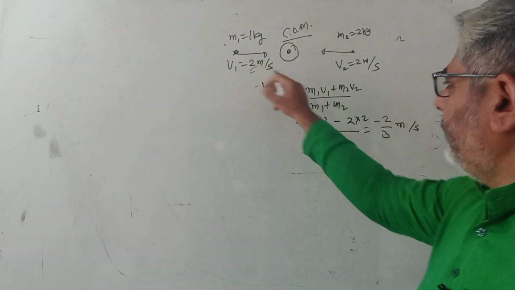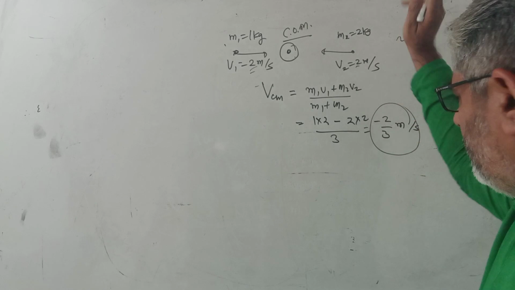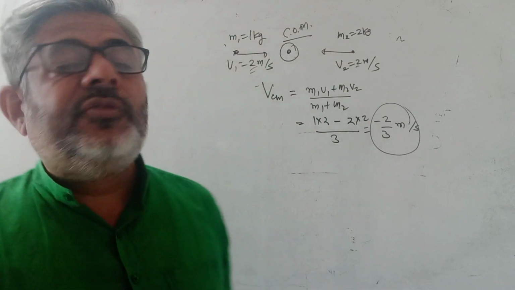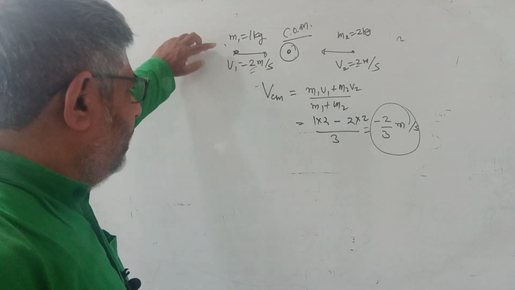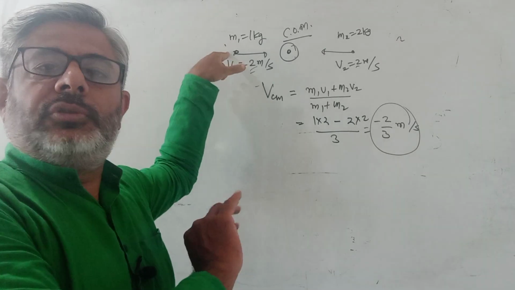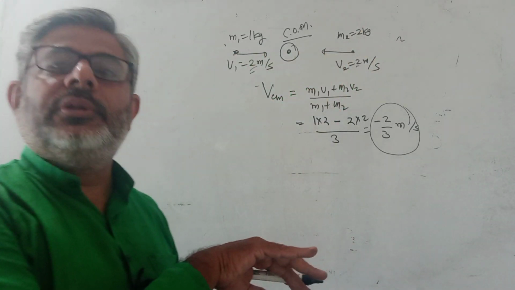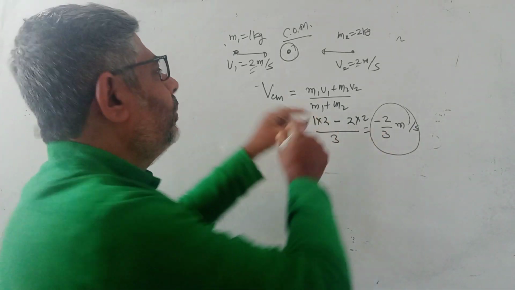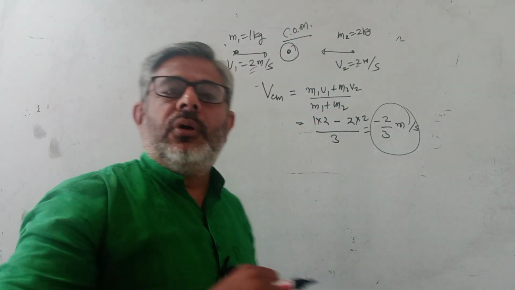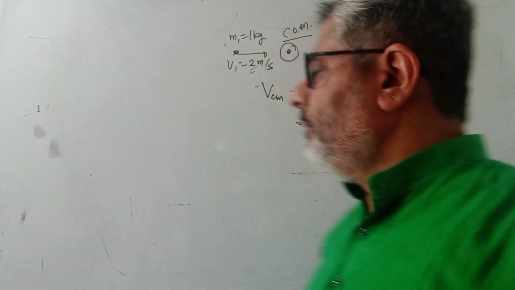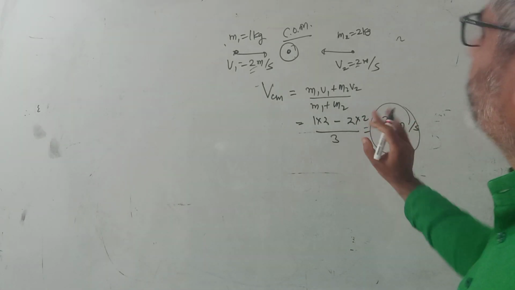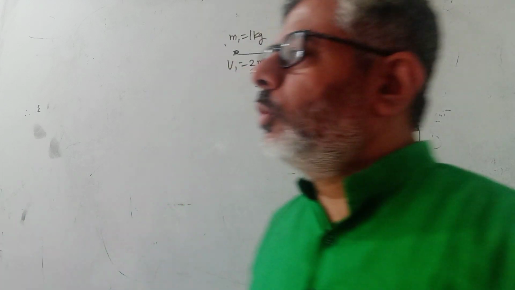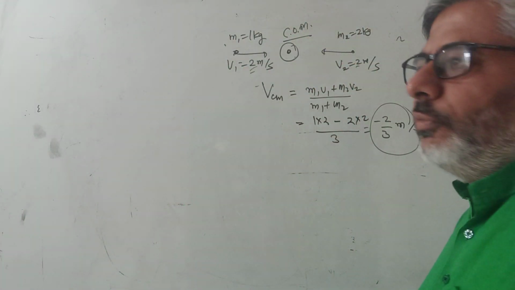These individual velocities are different, 2 and 2 which are the same, but the velocity of the center of mass is minus 2 by 3. Now unless there is some external force, which is possible only if you apply force on this, that is also force on the system, or you apply force on this, that is also force on the system from outside, then this velocity will change and then the momentum will change. But if they are attracted to each other and moving because of their mutual attraction, then this momentum is never going to change. So this is also the law of conservation of momentum, which is very closely linked to the motion of the center of mass.